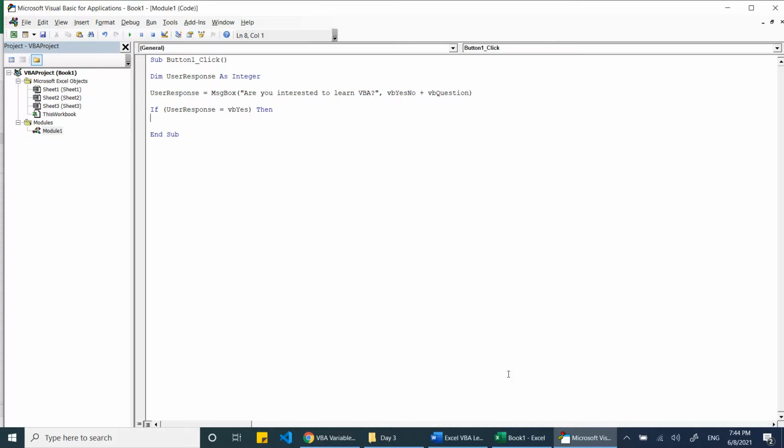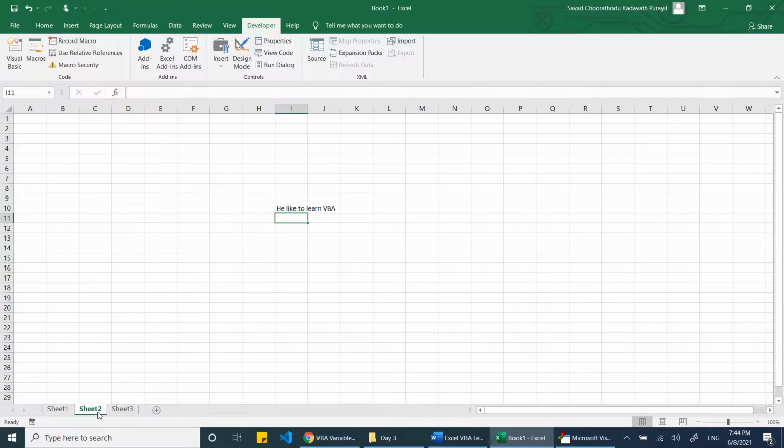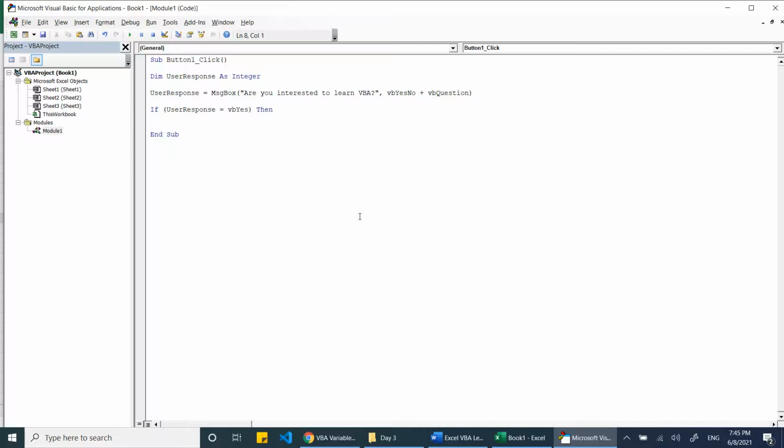We want to go to Sheet2. I just press tab so that the code does not get mixed; we can write anywhere, that's not an issue. Sheet2.Activate, then End If.